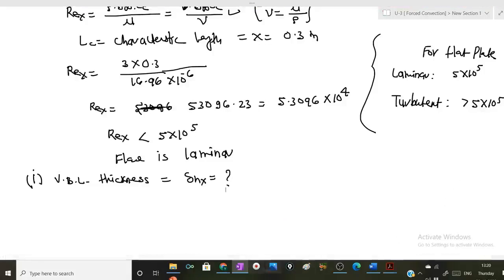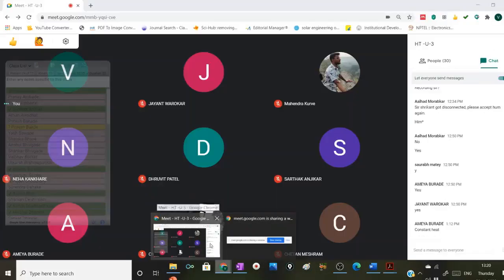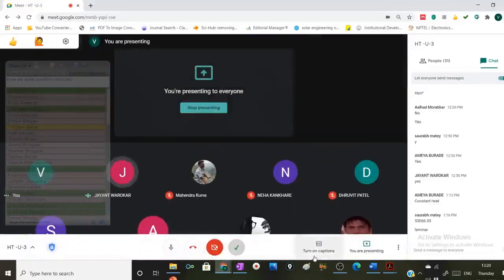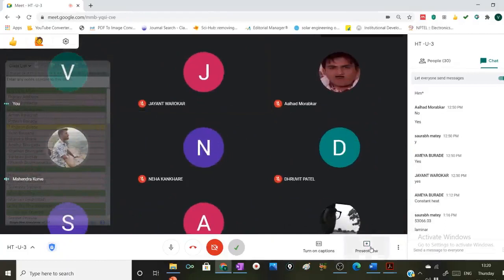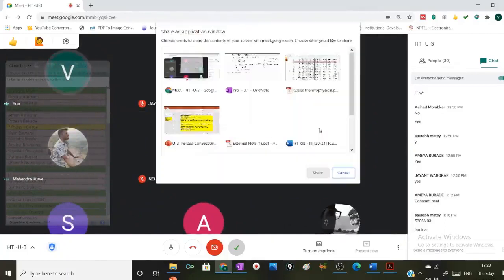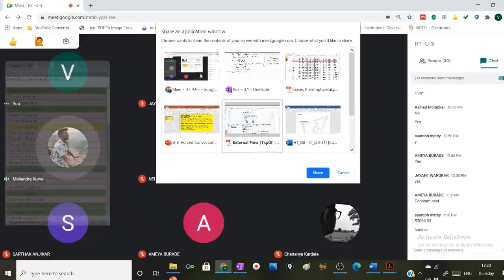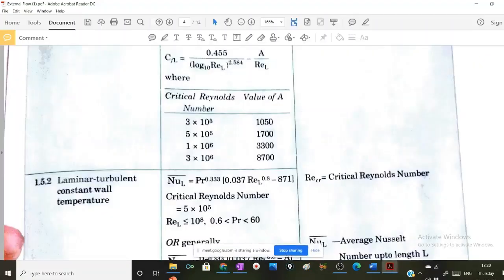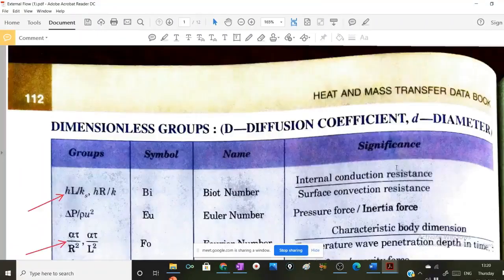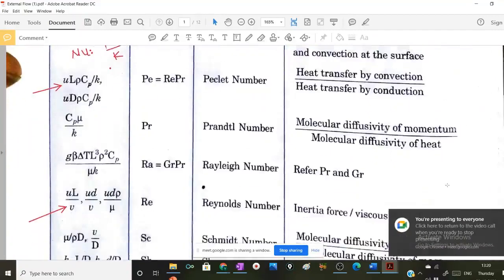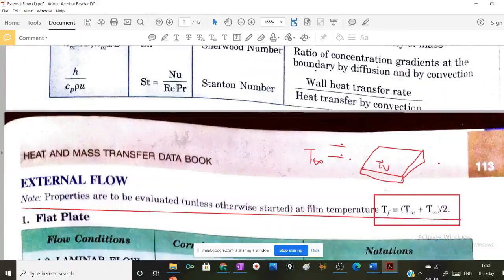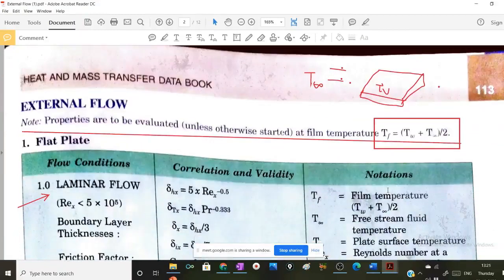So once again refer to the data book. Sir, page number? In my data book it is page number 112. I am showing that page. 121. In your data book I don't know the number. 121, that much difference? Are you able to see this page? Yes, sir, actually 121 is the page number. 113. This is 121. So see, 120, yes, 120, 121. Oh God.